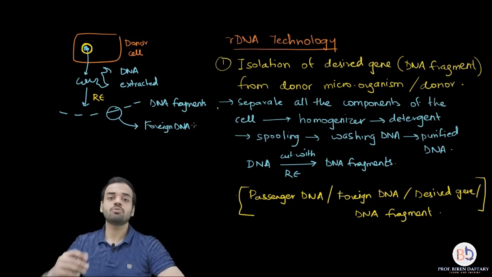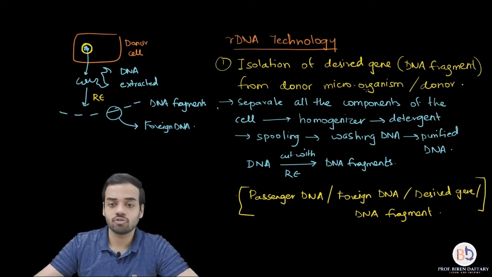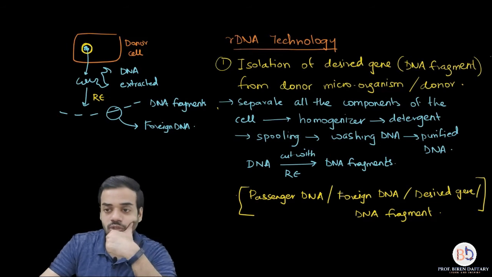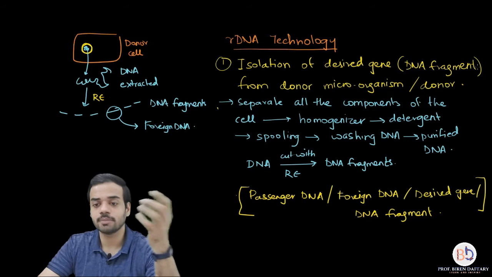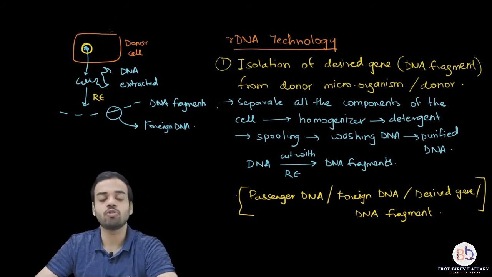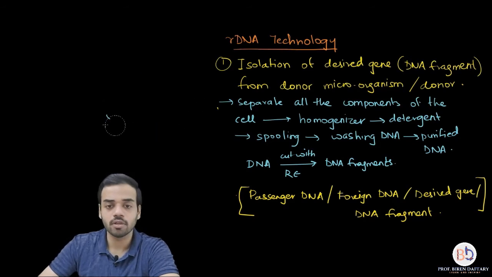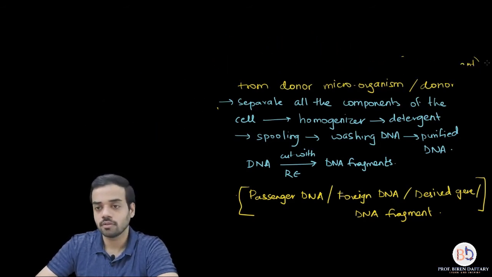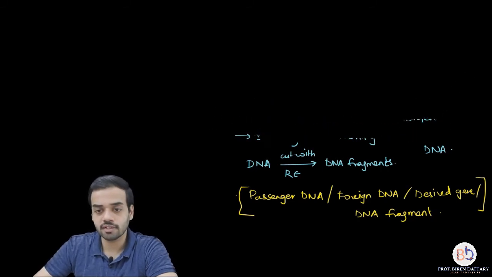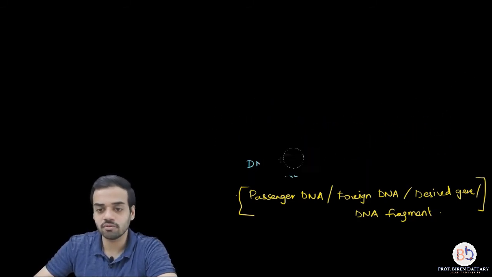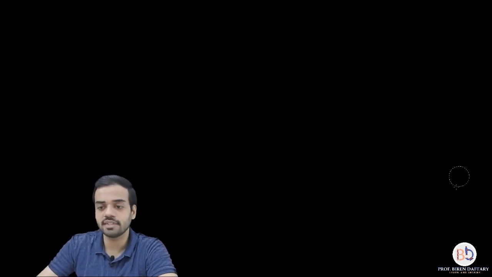Now we go to the next step. I'm going to scroll down. If we are having less space, then I will rub this step. I hope this first step is clear. In the end we will draw a complete diagram for all the steps. The first step is very important. Once you understand the first step, it is very easy to understand the remaining steps. So after the first step, we have isolated the desired gene.